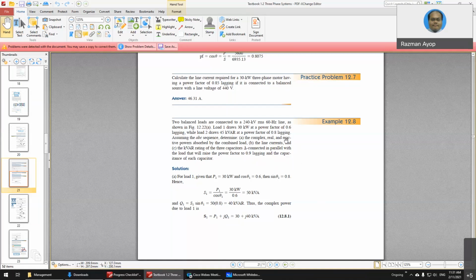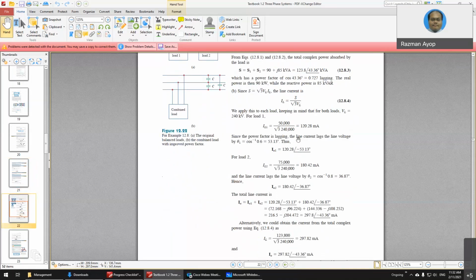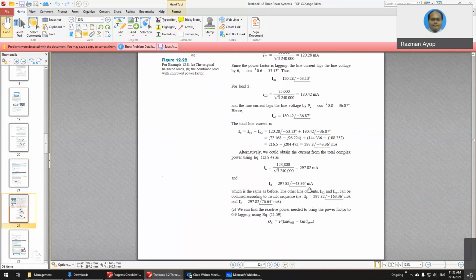So it is almost the same as the single phase, but for this case you have to be careful. You have to divide the power. If you look here, for some cases they give the load for each phase, but sometimes they also give the load for all phases. So you have to make sure that you divide by 3 if they give the load for all phases. So you have to understand this and try to apply the